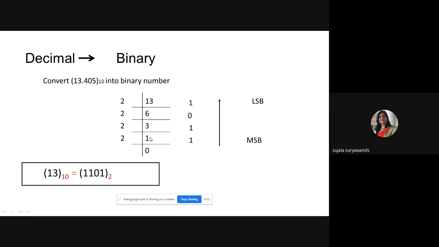Till you get quotient 0, you have to repeat the division. Here I'm not getting remainders, quotient 0. So I need to again divide by 2. Here, divided by 2, the quotient is 0 and I'm getting remainder 1. So I have put that remainder here. And then I have to write down all the recorded remainders in the reverse order, means from bottom to up order. That's why I have written here 1101 as the equivalent binary number of the given integer number 13.